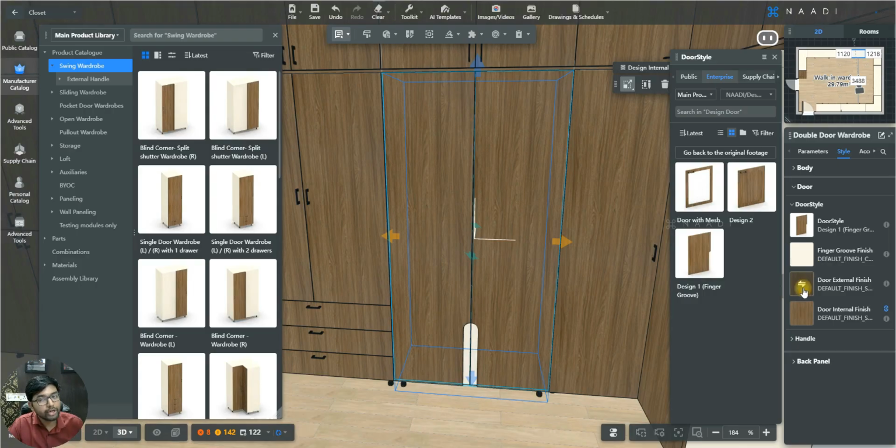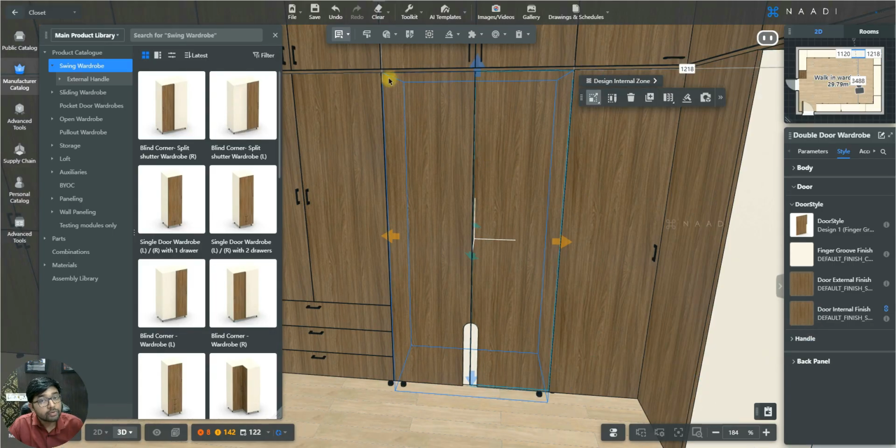shutter, you had only 2 options, where you can change the external finish and internal finish of the shutter. And now since this is a finger groove, you will have an option where you can specifically change the finish of the finger groove, your external finish and the internal finish of the shutter. And not only that, instead of select by cabinet, if you select by part and specifically select the shutters, and